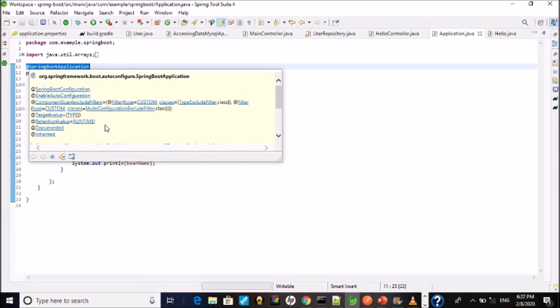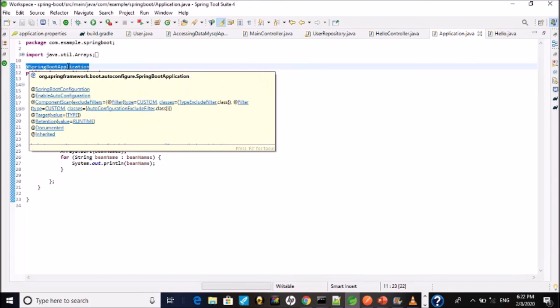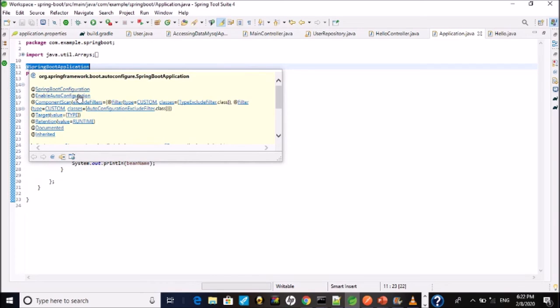Wire, in the sense I explained about dependency injection, right? It will inject the value of that bean automatically while starting our application, throughout our classes. So this single annotation, @SpringBootApplication, serves all these annotations.